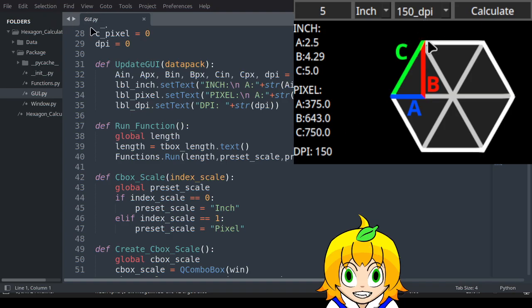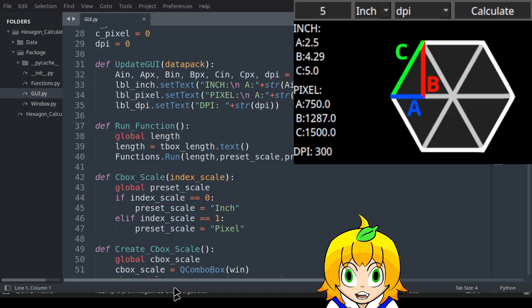But yeah, the DPI will only affect the pixels, simply because the pixels are what you're drawing in an image to get the sharpest image. From what I read, 150 DPI is for posters, 300 DPI is for standard documents, and 600 to 1200 DPI is high resolution, for photos and high resolution photos. So really you only need 300 DPI, and I actually have it set up where if you have it set to